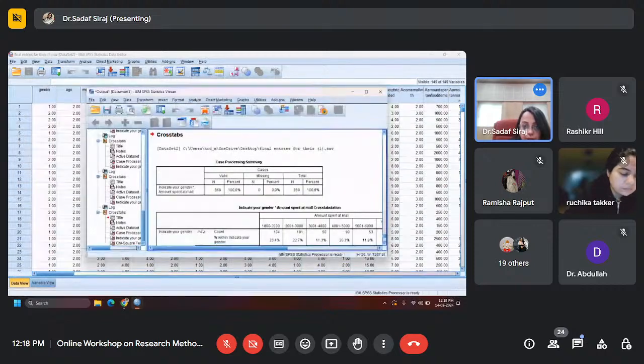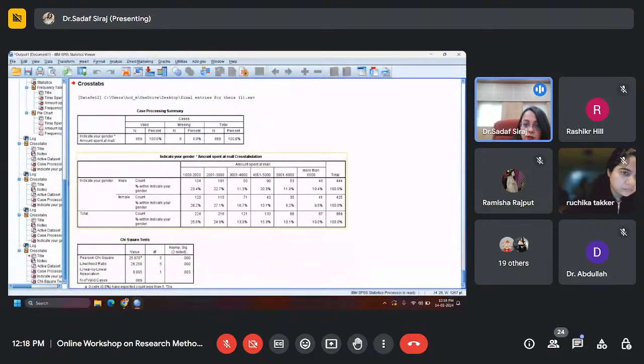And then OK. So once you do that, the first table is the cross tabulation table, which you already had. And you people had seen the cross tabulation table, and you yourself had told me that in terms of percentages, the males are spending more amount of money than the females. Now I want to prove it statistically.